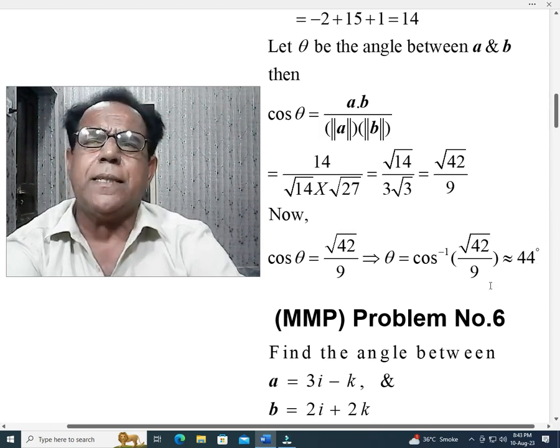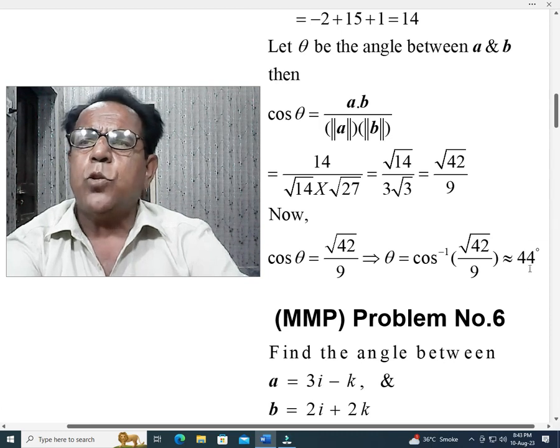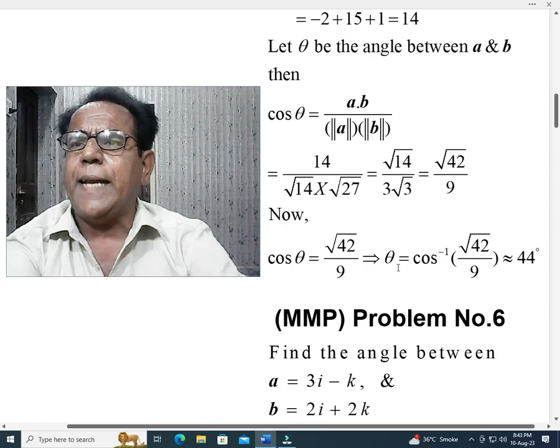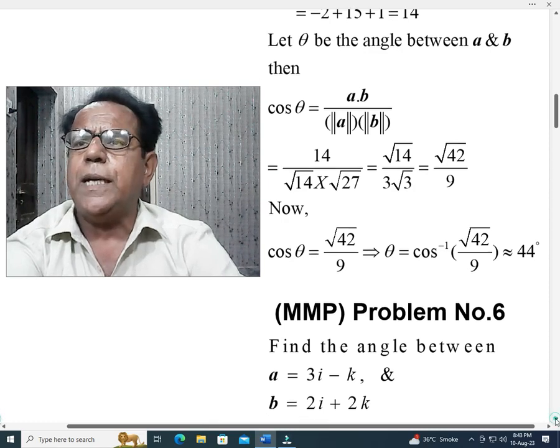Okay, I have not taken this value in point. So this is our required answer, that is the angle between two vectors. Okay, similarly